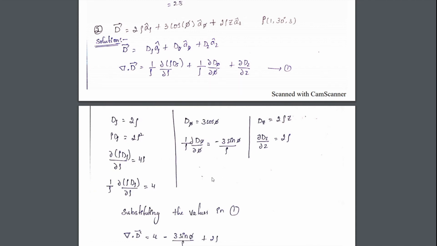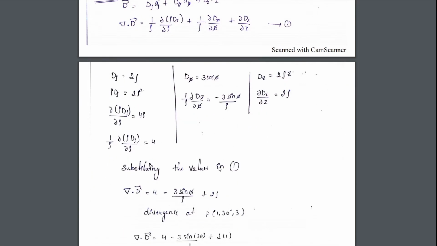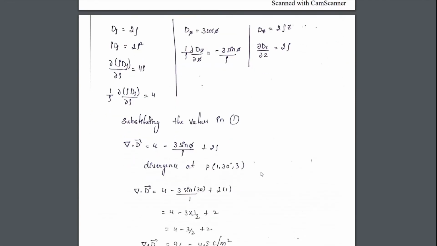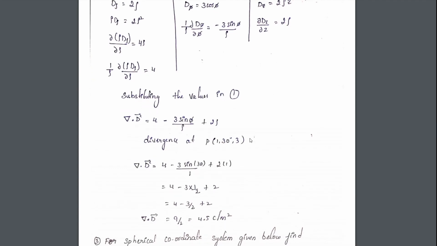Then according to equation 1, you need to differentiate. Listen properly, many of them don't know how to do these differentiations. They will start from outside. What you should do is, D rho you have already defined, that should be multiplied by rho first. Then you need to differentiate with respect to rho and then multiply it by 1 by rho. So D rho is 2 rho, multiplied by rho it becomes 2 rho squared. If you differentiate, it will be 4 rho and so on.